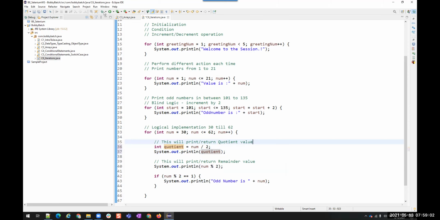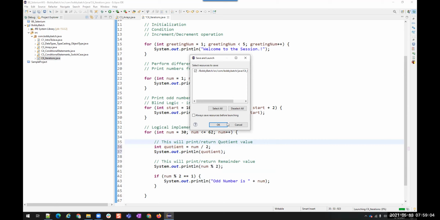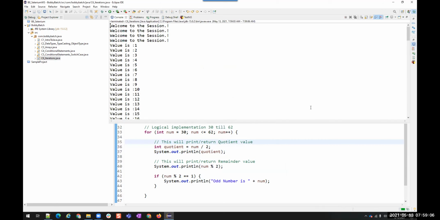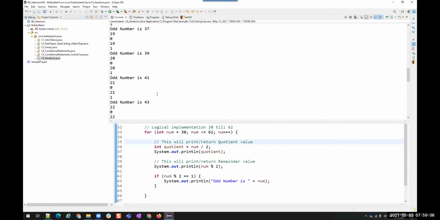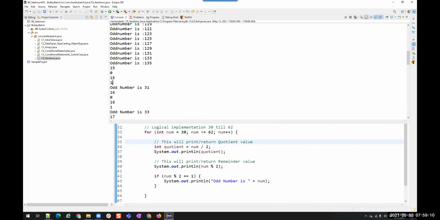So now when we run this, you see the quotient is 15. Why is it giving 15, 0? The first number is 30.